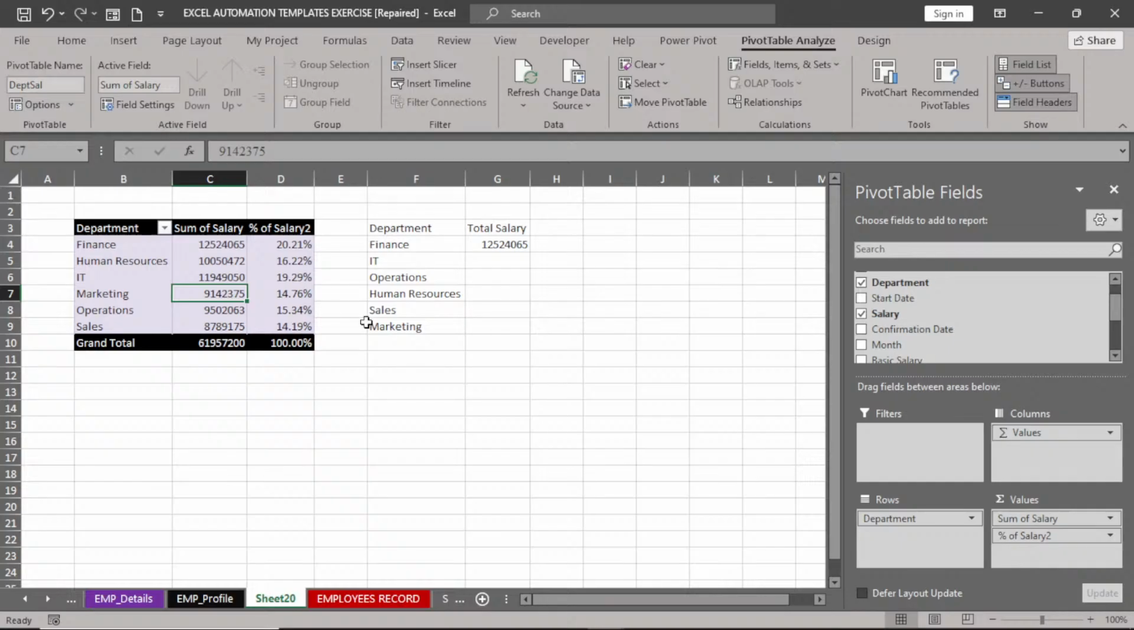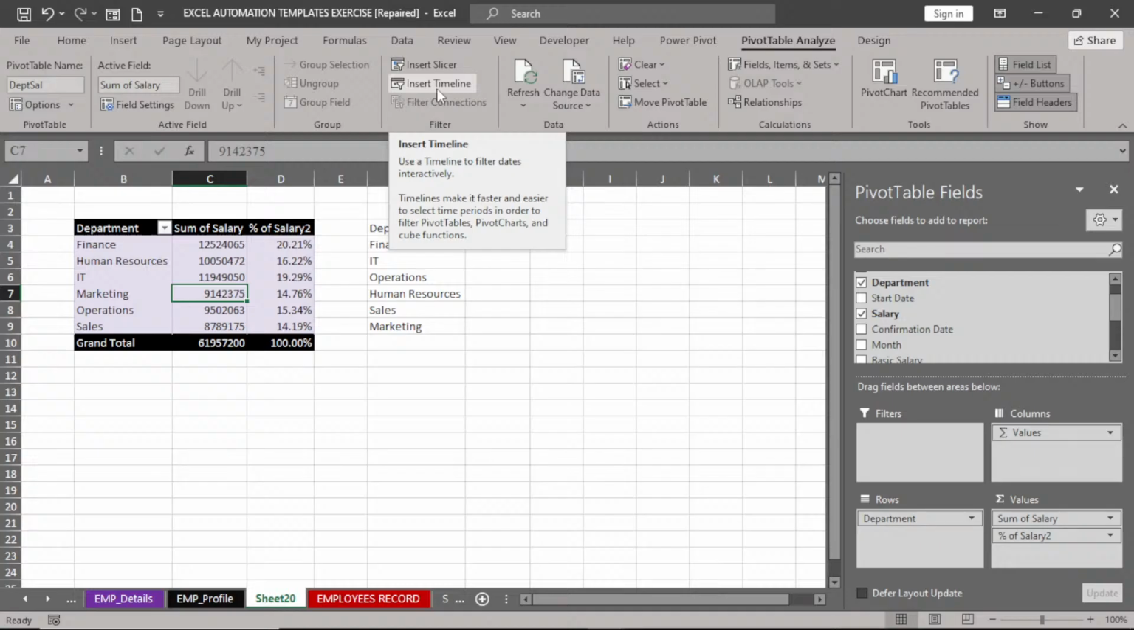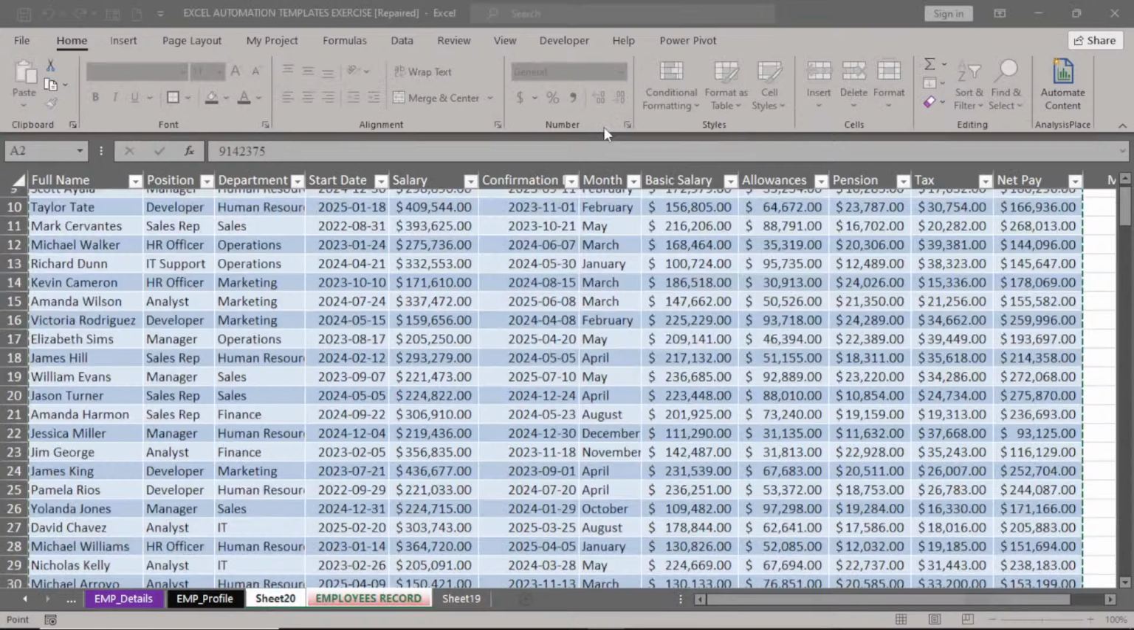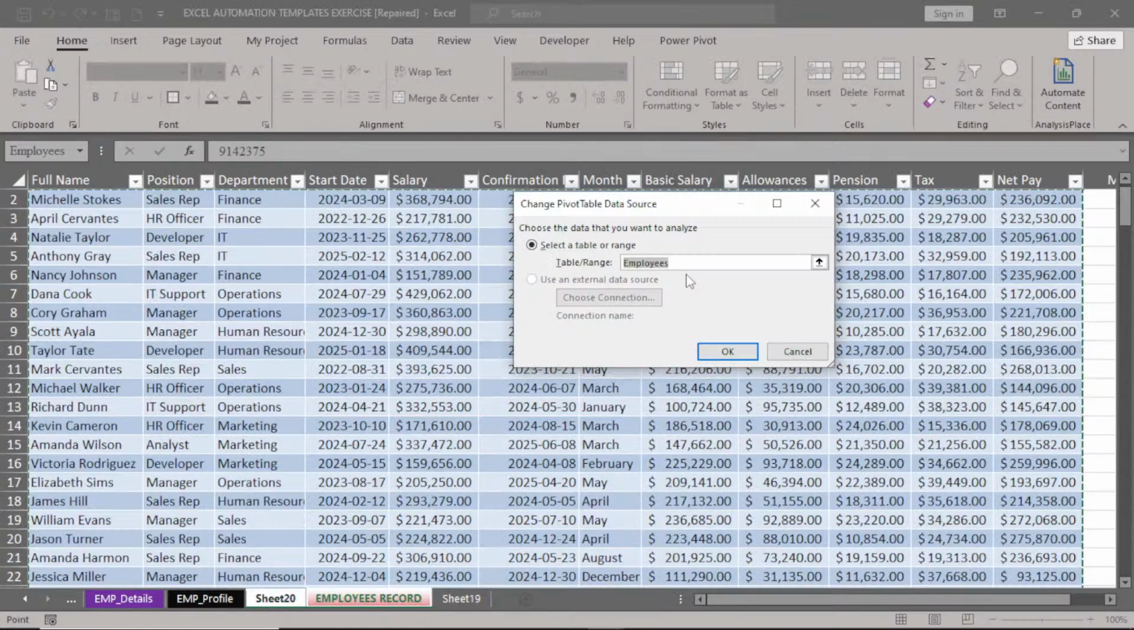That's the name. Now in pivot table, you can insert a slicer, you can insert a timeline. That's what we call filter connection. It is not valid for this data set yet. Now, if you want to change your data source, you can get it here when you click on this. If you no longer want the data source to be employee, you can change it from here,